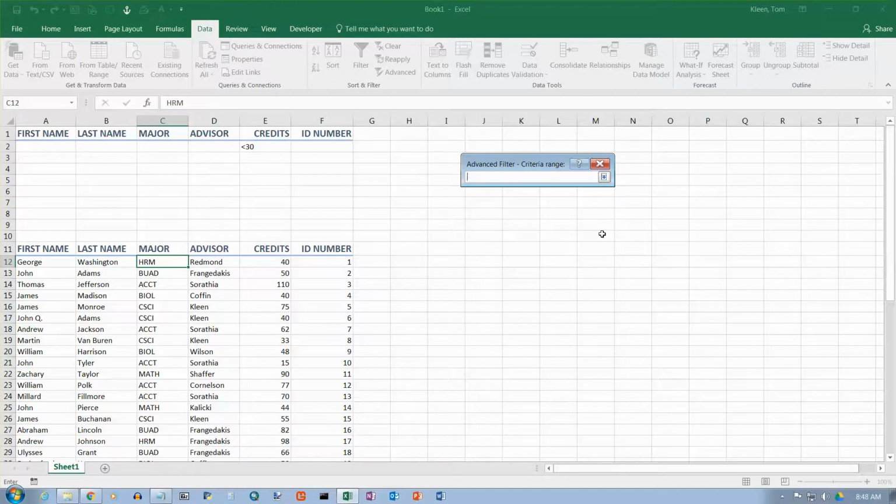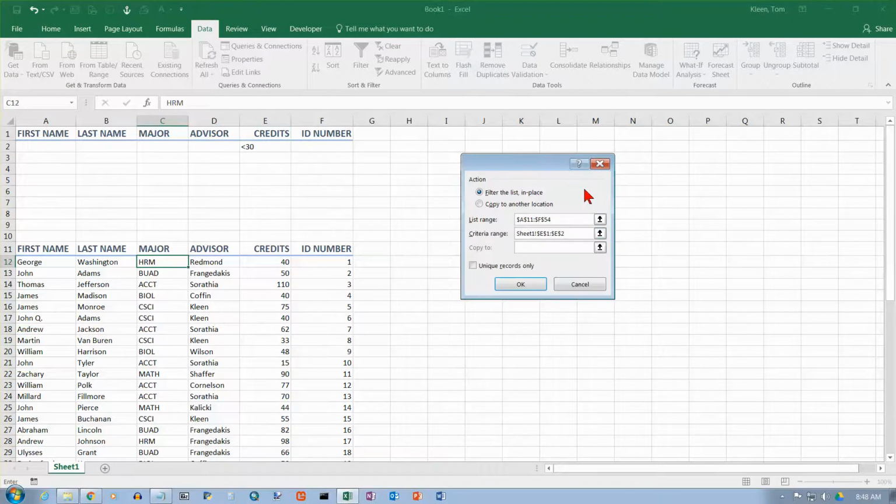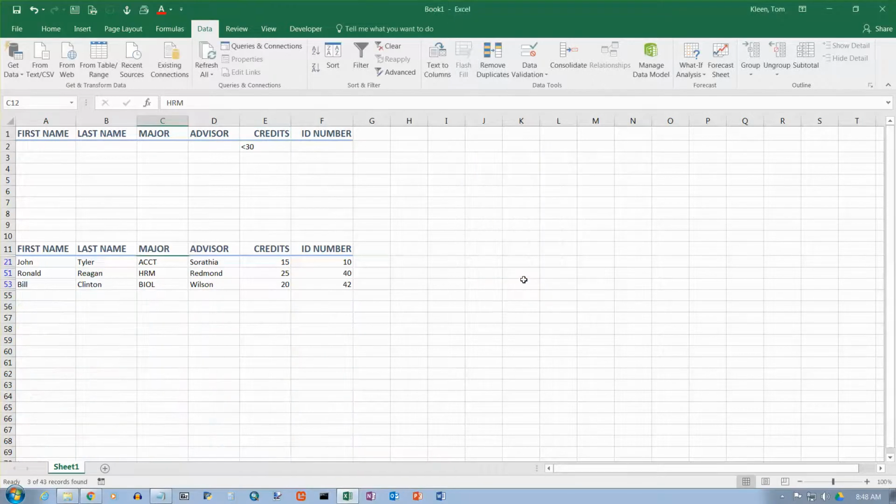So the criteria range, we could do all of this, which means the credits has to be less than 30, and I don't care what the first name, last name, major, advisor, or ID number are. However, since we don't need those columns, we don't really need to include them in our criteria range here. This is the only thing that really matters. So go ahead, click on that, and click on OK when you're done,